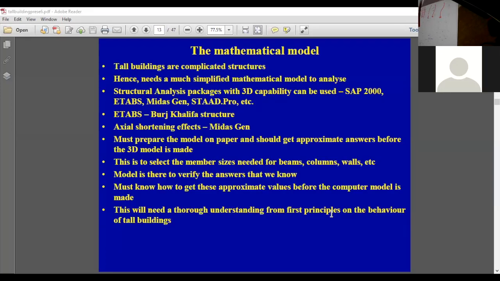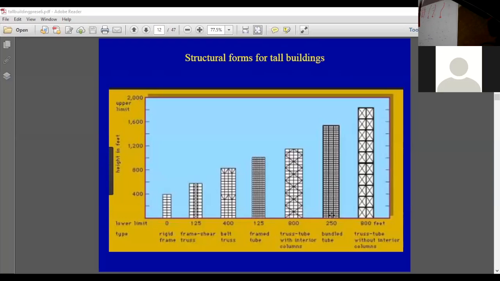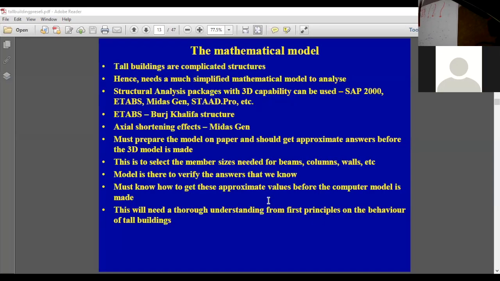So when we move away from the general boundary of about 10 floors, we have to think seriously about how to generate a model of the building. How to generate a model of the building. So if I show you some example,